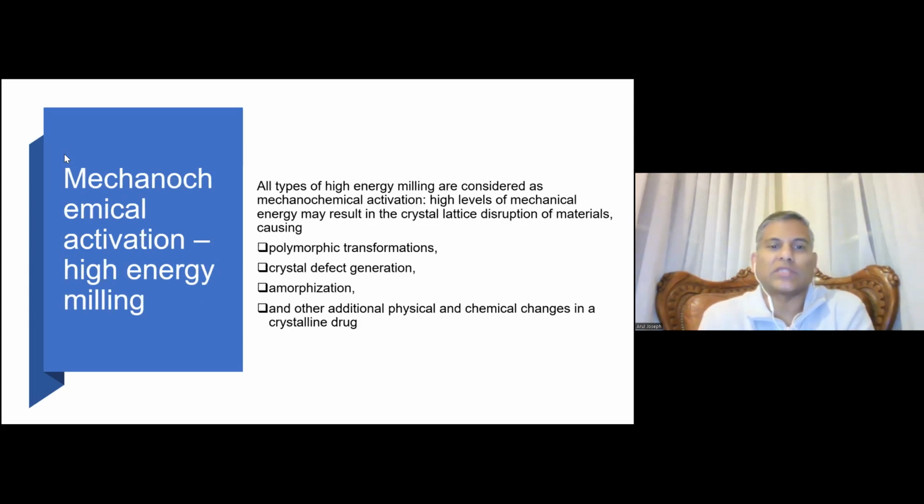So we talked about the second technique being mechanochemical activation. This is all types of high energy milling that is considered, right? So anytime we use jet milling or other milling techniques to create this high energy, amorphous state, the issue with using mechanical energy is that you're actually disrupting the crystal lattice of the APIs that you use. And this can lead to polymorphic transformations, crystal defect generation, amorphization, and other additional physical and chemical changes in